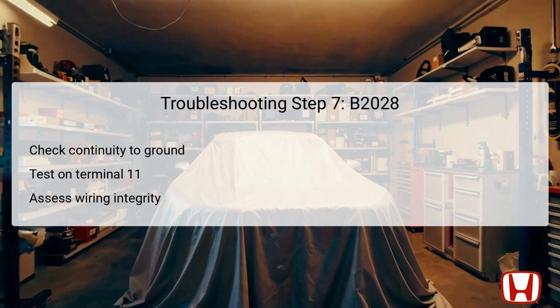This test is crucial as it establishes whether the wire linked to this terminal has unintended connections to ground, which could lead to signal errors like the B2028 code. A successful continuity check indicates that the integrity of the wiring is sound and that signals can be transmitted effectively